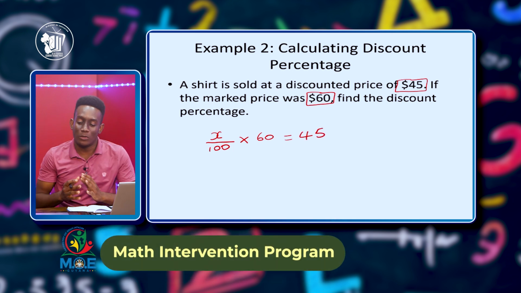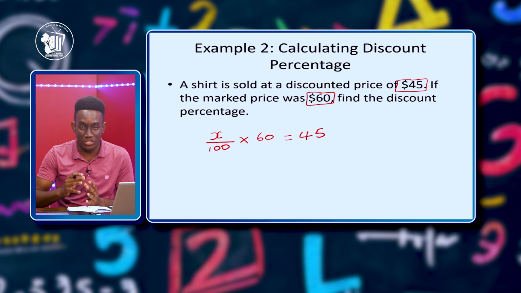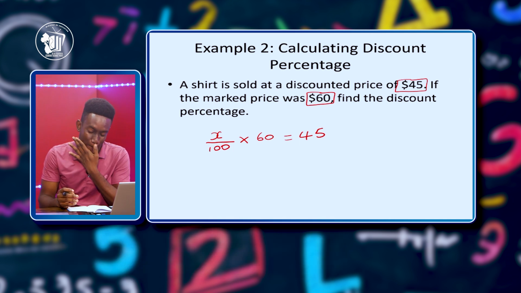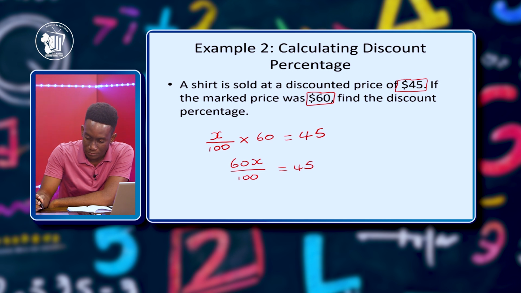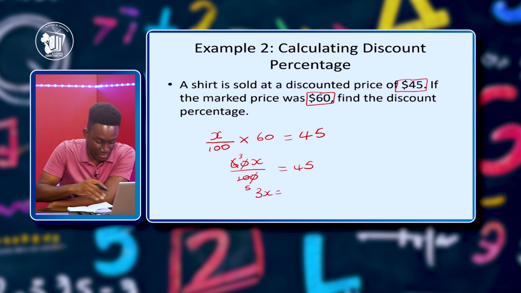So we see we ended up with a simple equation to solve. So we just solve it from here. X multiplied by 60 would give me 60X all over 100 is equal to 45. So this 0 cancels out with that 0. And 6 divided by 2 is 3. 10 divided by 2 is 5. So we have 3x over 5 is equal to 45. So we can have 3x is equal to, now this 5 is dividing, so when we take it over it will multiply. So 45 multiplied by 5